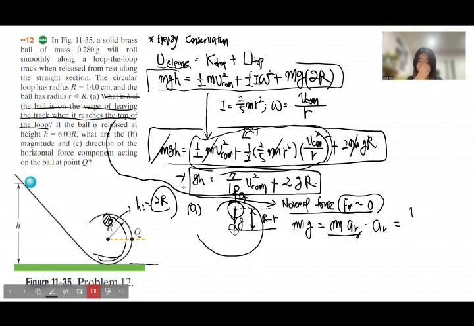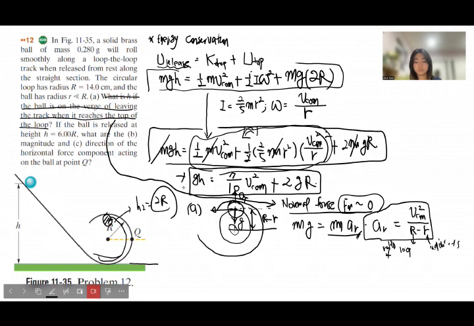is, as you know, a function of the translational velocity at the tangent line of translation motion divided by radius. But the radius here is R minus small r, the radius of the sphere. So this is the radius of the loop, and this is the radius of the sphere. So if you replace it, then